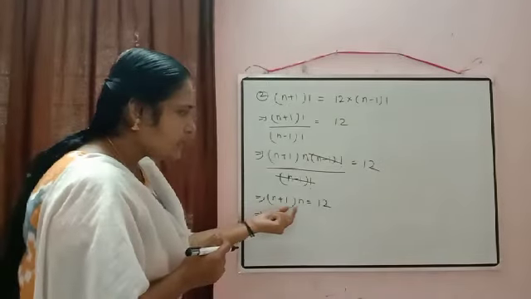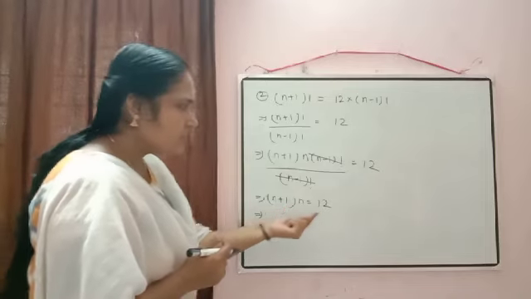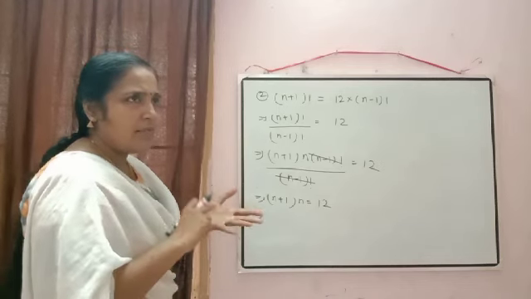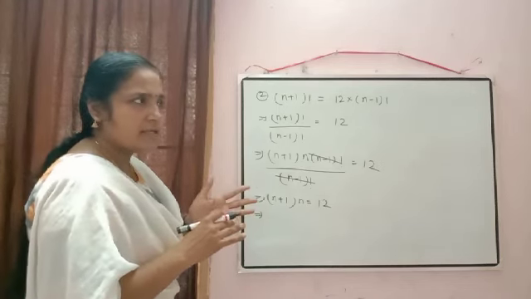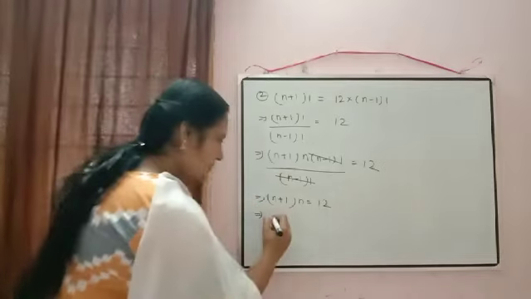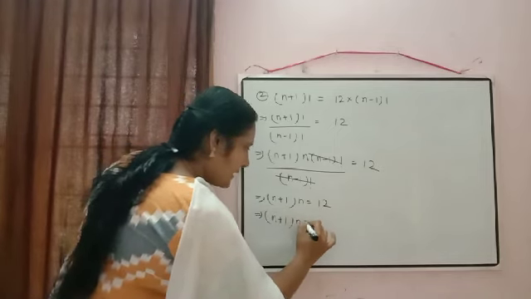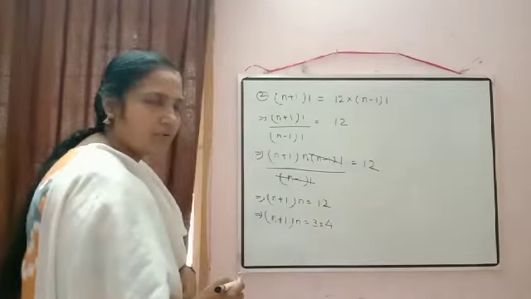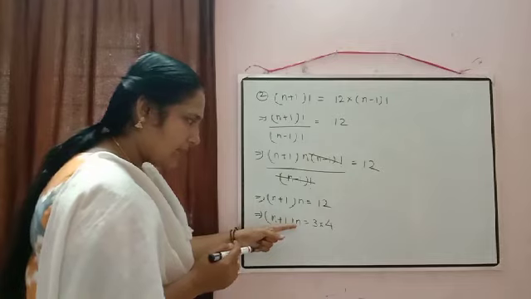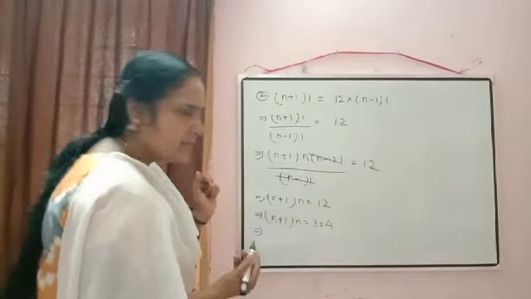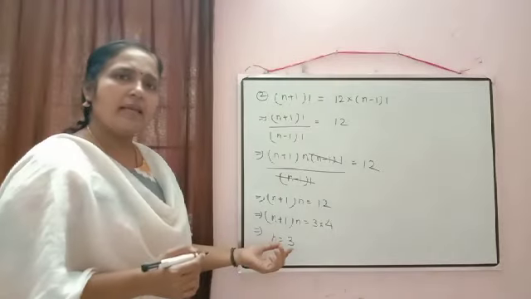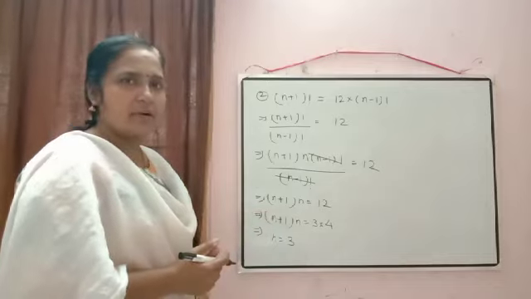Here left hand side is the product of two consecutive numbers. So just to check how we can rewrite 12 as the product of two consecutive numbers. 1 into 12, they are not consecutive numbers. Then 2 into 6, not consecutive. Then 3 into 4. So that option is correct. So n plus 1 into n can be written as 3 into 4. 12 written as 3 into 4. Now just to check what is the smaller number here, n. And what is the smaller number in the right hand side? 3. So simply we can write n is equal to 3. You don't have to give any explanation for that. Directly you can write n is equal to 3.